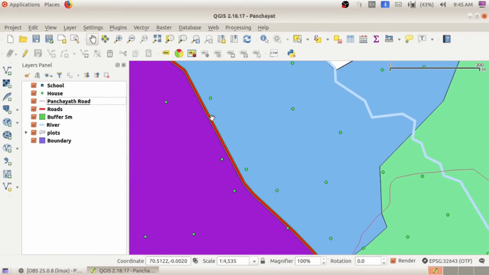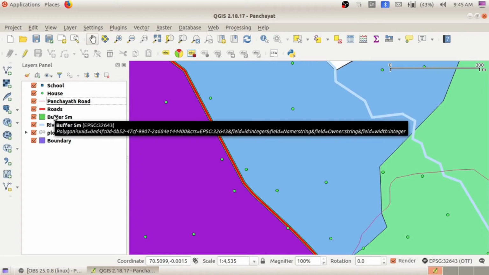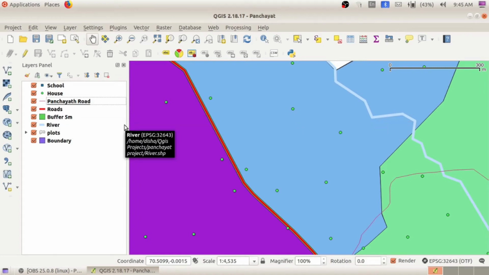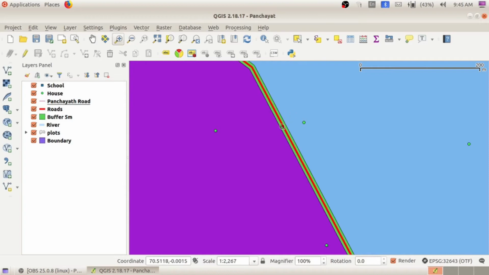This can be changed by rearranging both roads, just by click and drag. I am describing it based on your textbook. Figures are also given in your textbook, pages 84 and 85. Then we can zoom the map like this, so you can see the buffered road and the original road.